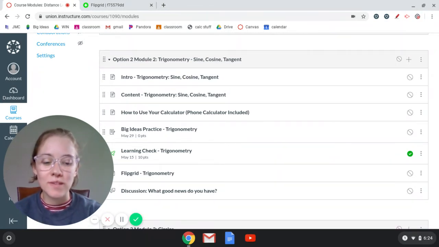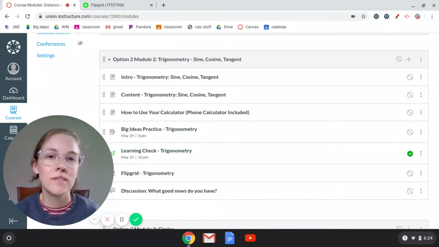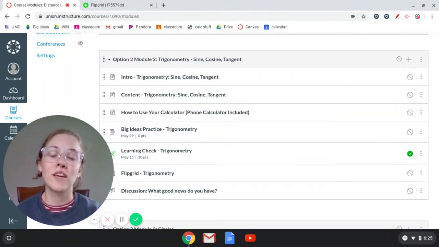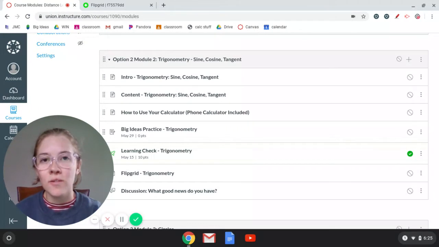So, some announcements. I will be grading things Friday, May 8th and May 9th. So, make sure you check JMC and make sure your grade is what you think it should be. So from last week, I'm grading 3 things for you all. That Desmos activity, the open middle problems, that'll be one category, but you need to do both, and then the big ideas assignment. So those 3 things.